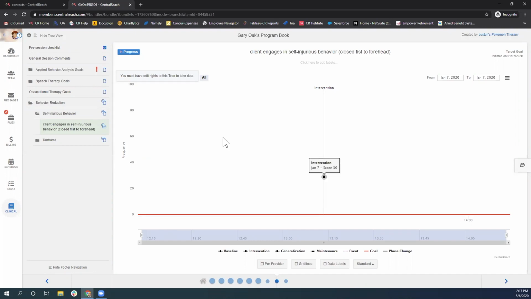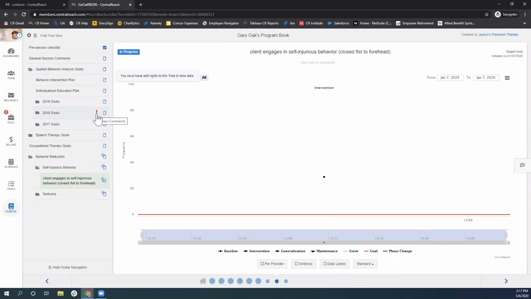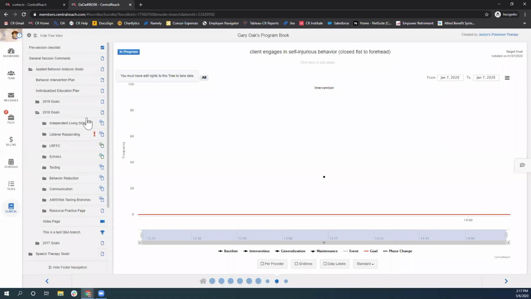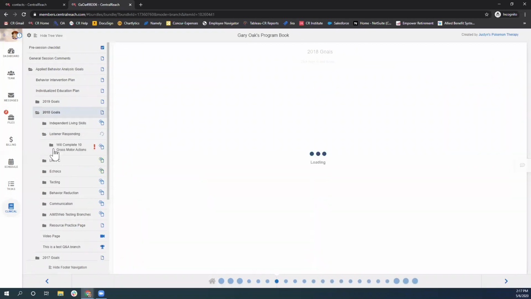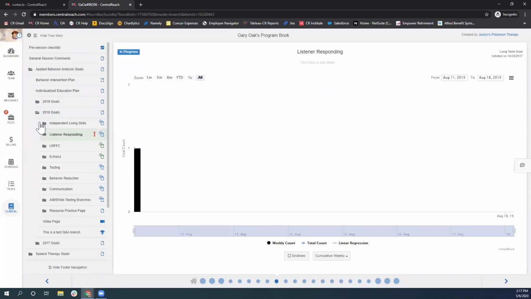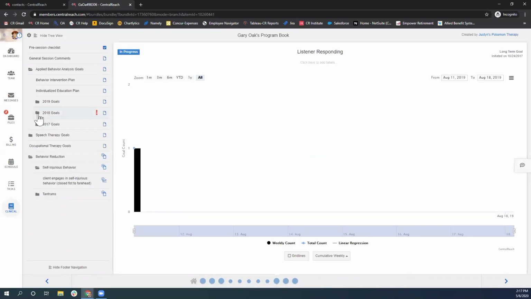They can't edit anything. One thing that I do want to bring up, because it's a question I get all the time, are comments. You'll notice that there's a red notification in here on comments. Parents can come in here and read comments that your technicians have left. So I would say if you're going to give them access to the learning tree, just make sure people are being